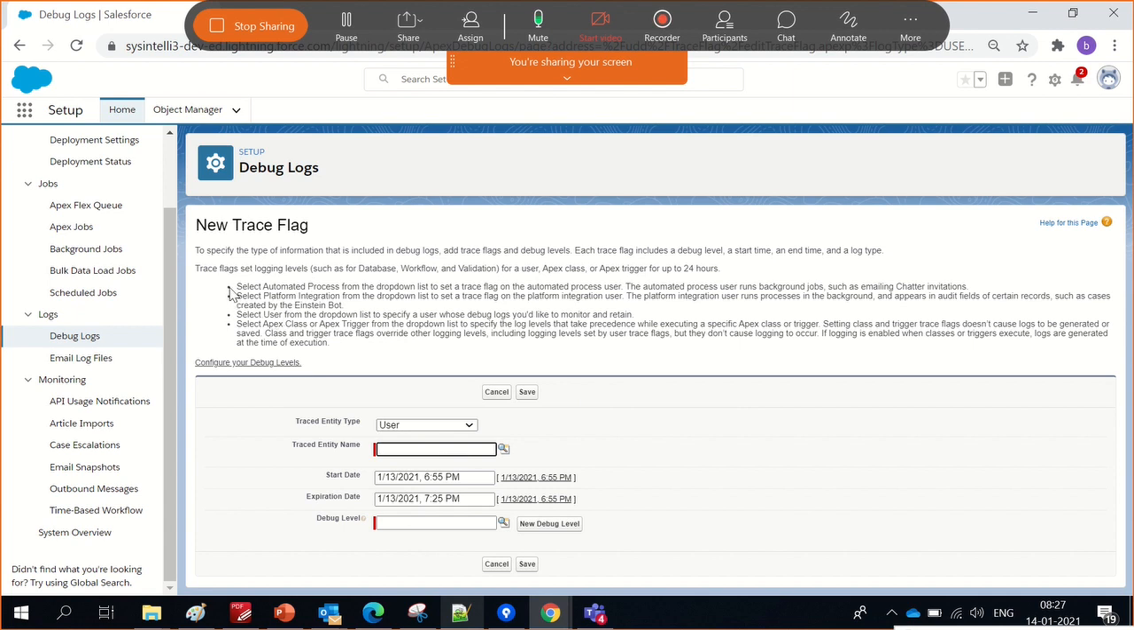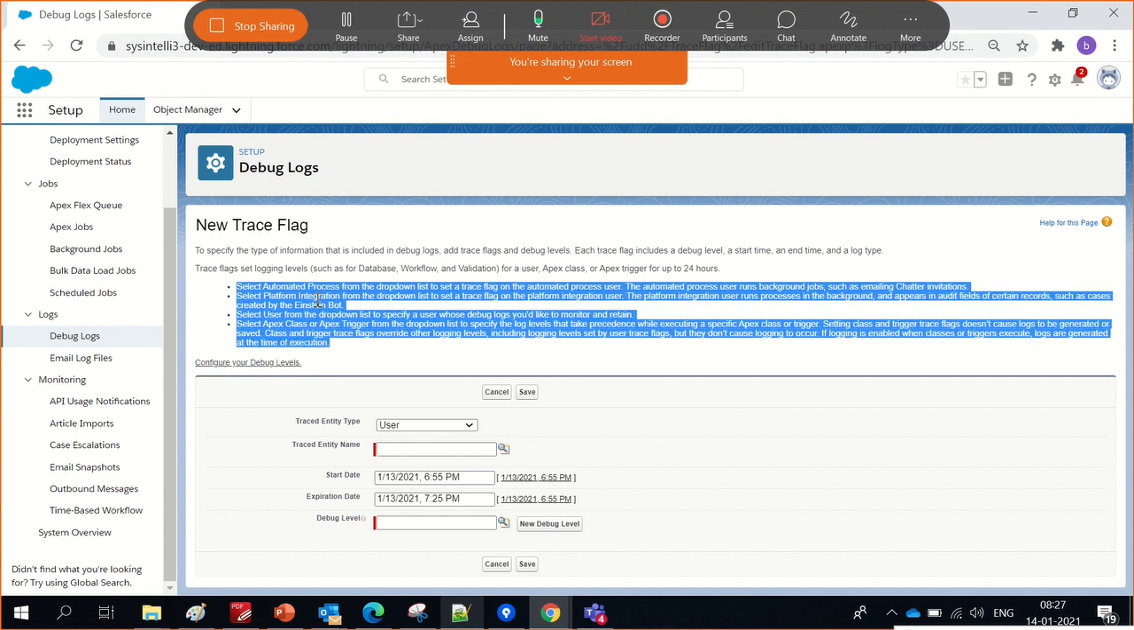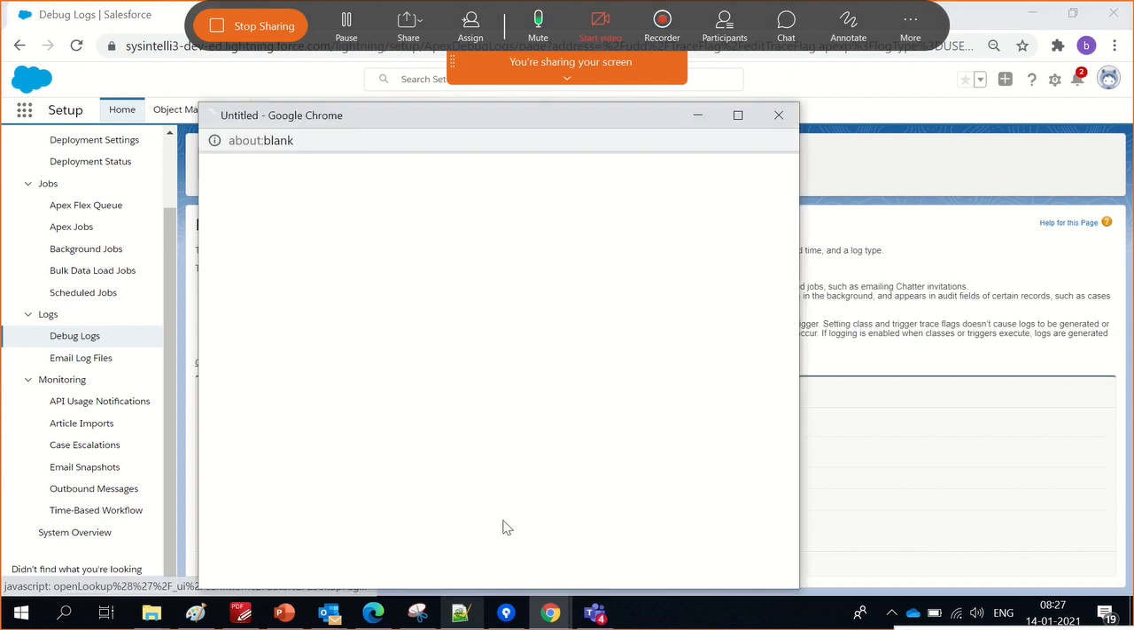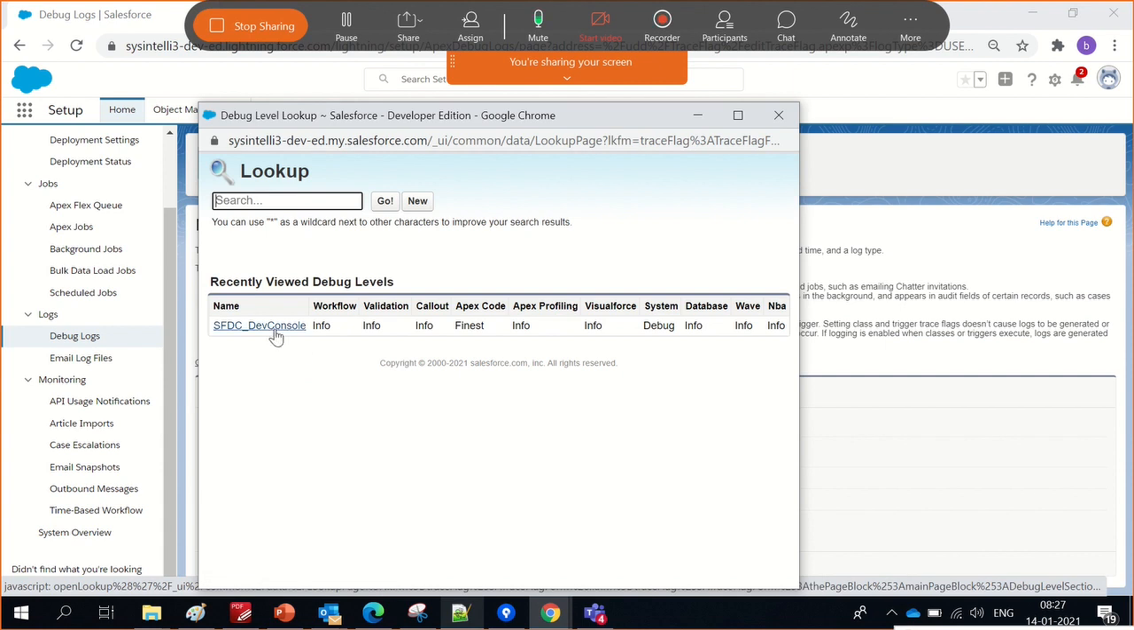If you want to see here the points they're mentioning, why to choose this, why to choose this, they mentioned it all here. Then one more thing you have to note here. The moment I click here, the debug levels, you'll have the basic developer console, basic debug log. We have info, the things we have here. If you wanted to create a new debug log, to get more depth of information, then you can click on new